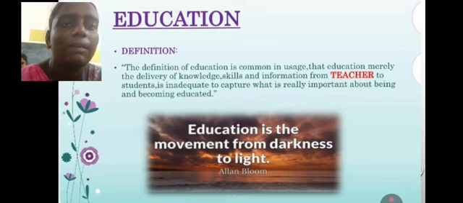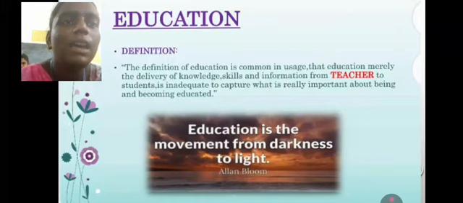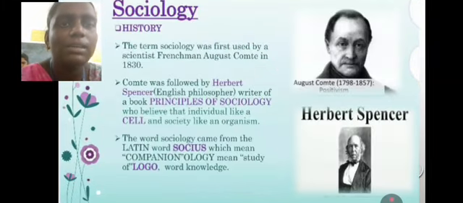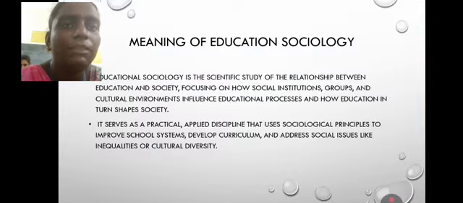Education means what? Definition. The usage of education is the delivery of knowledge, content and information from the teacher to students, and it captures the importance of being an educator in sociology. The history: the first scientist was the Frenchman Auguste Comte, in 1830, and Herbert Spencer, with the principles of sociology, the cells of the organism, and the meaning of education